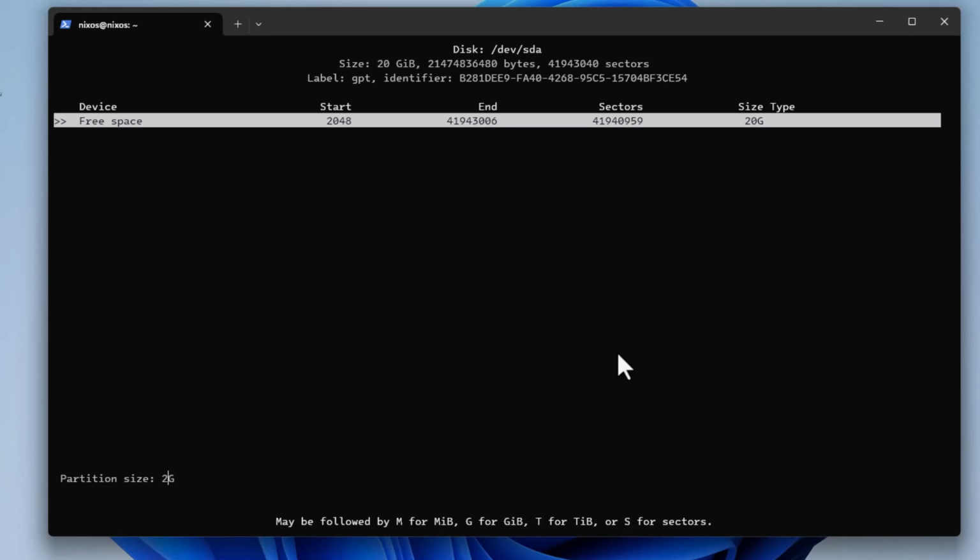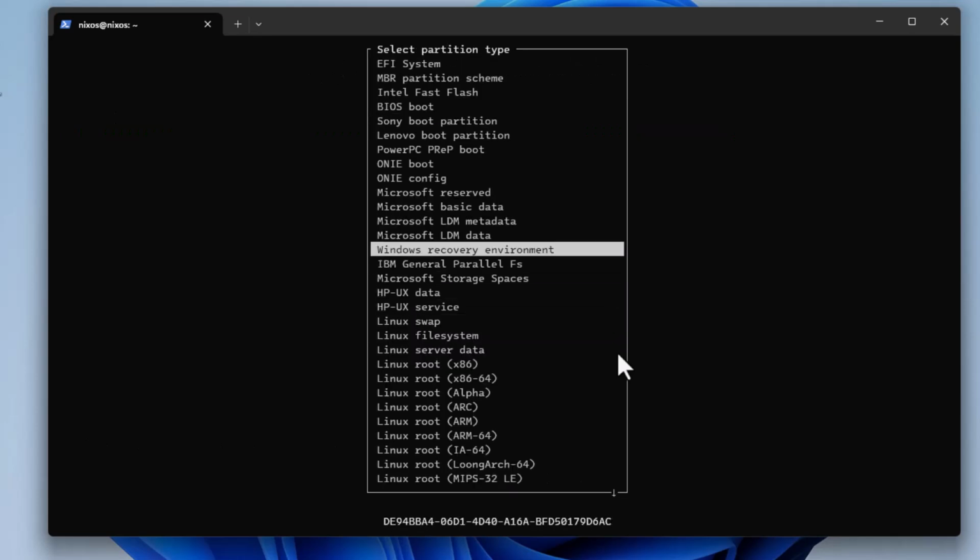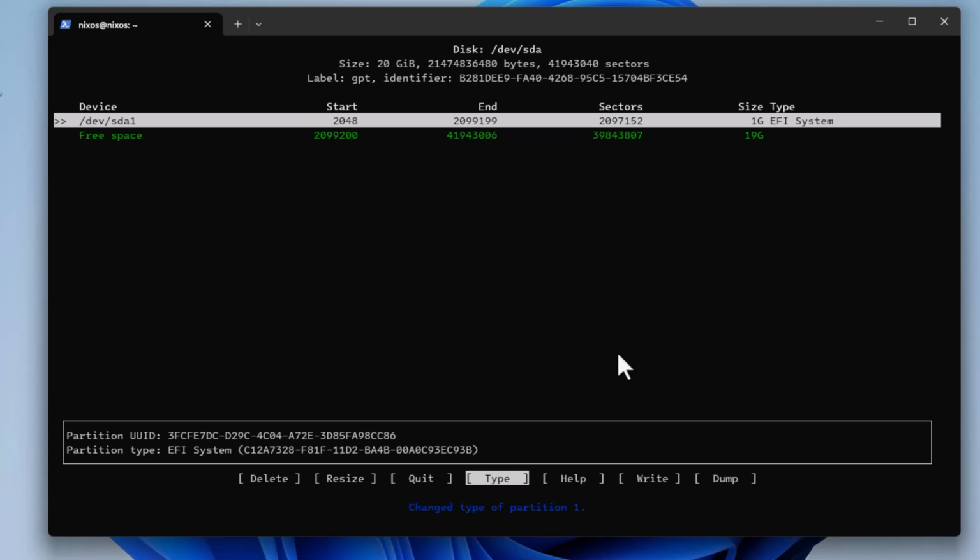For the size I will choose 1 gigabyte. That's enough. Okay, so I will hit enter. And a very important thing, for the type you have to choose the first one, EFI system. Here we go. So as you can see, the first partition has been created, which is the boot partition actually,